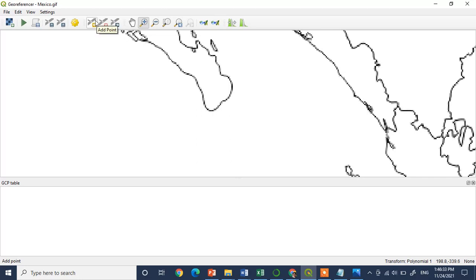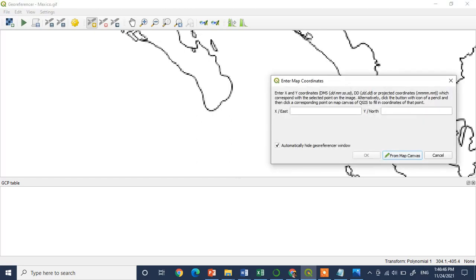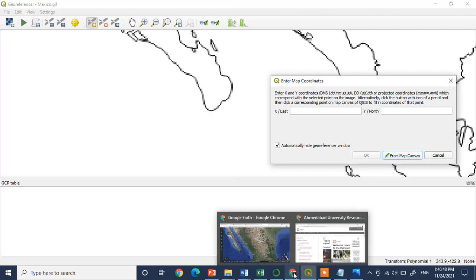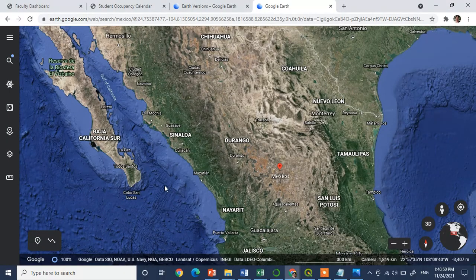Now let's put GCP points. So the first point I am going to add here. Okay, and this point, what is the value of this point, you can check from Google Earth, the live map. So click here and it will ask you to enter X and Y coordinates, and you may put your pointer here and check which point it is, and that coordinate is displayed in the status bar, as you can see.